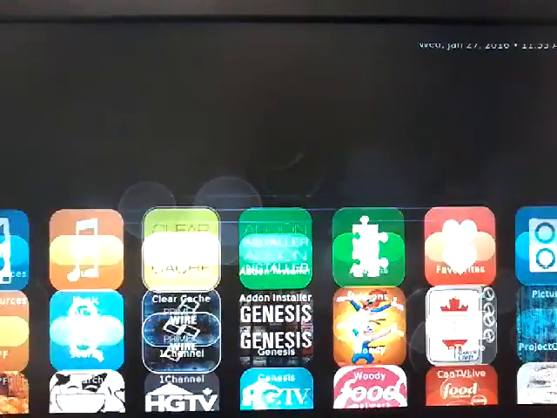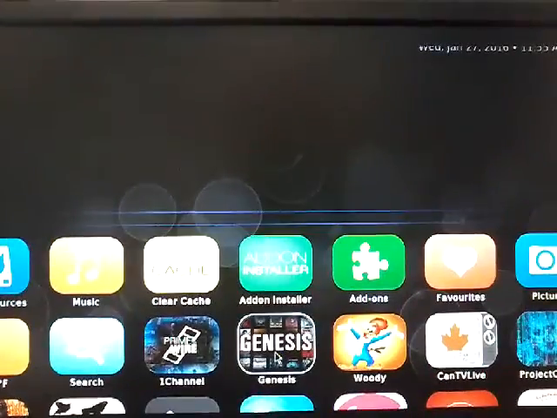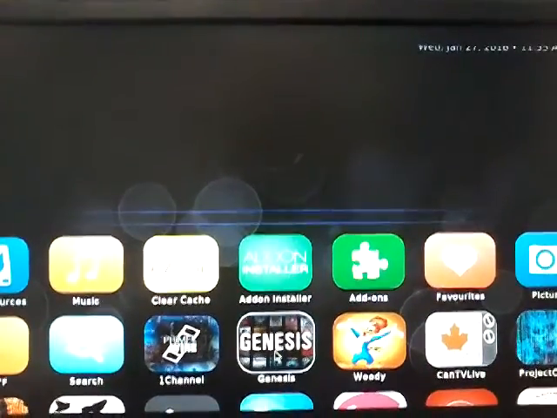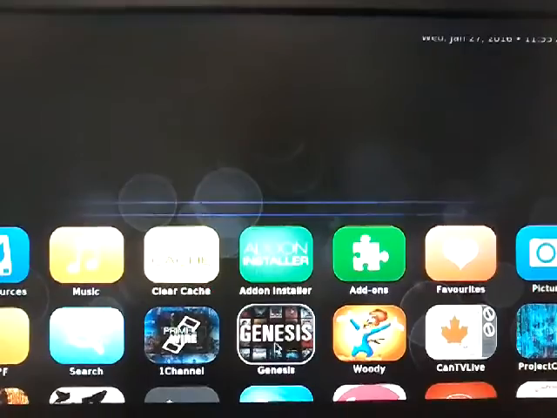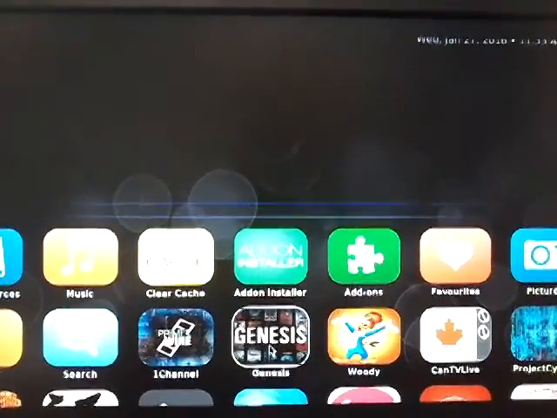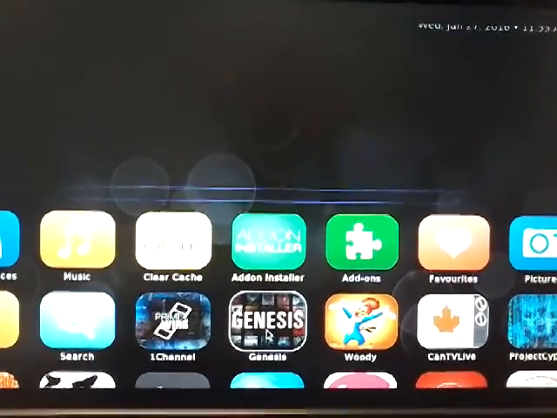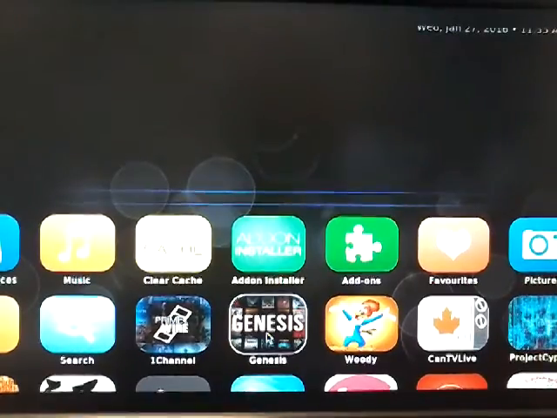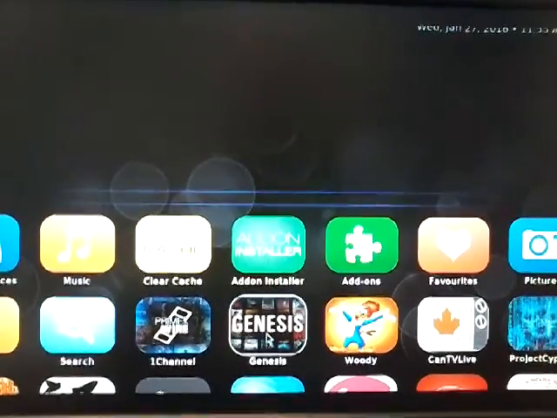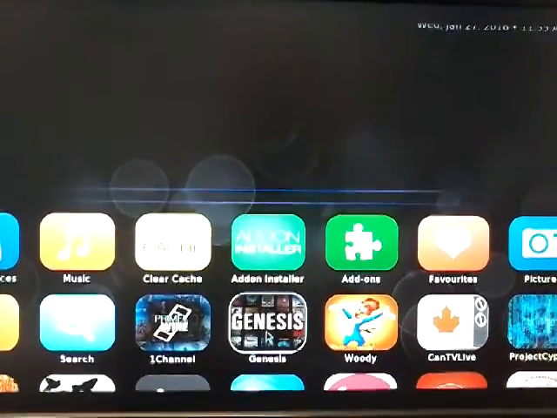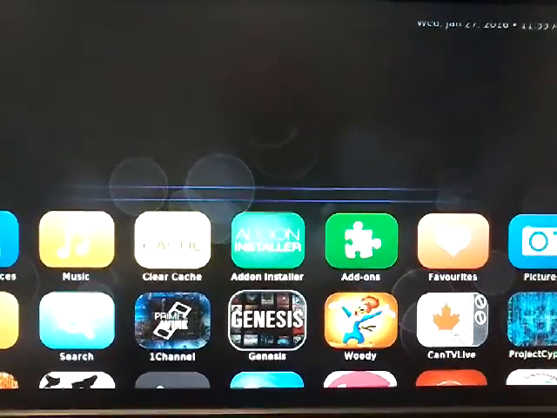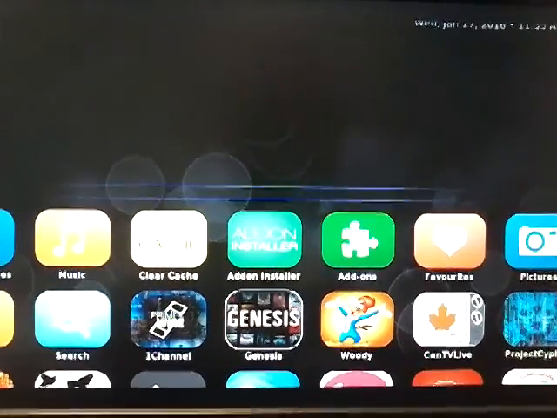There's the sio2x skin. And here's your Genesis that you would typically use. So what I'm going to show you is how to remove this from your main screen and replace it. I'm going to show you how to leave it on your system. You don't have to remove the program completely if it's still working. However, I'm guessing that you will probably want to use the new